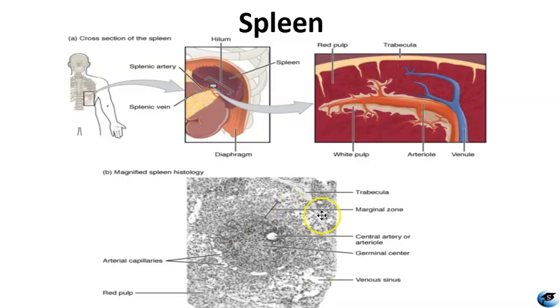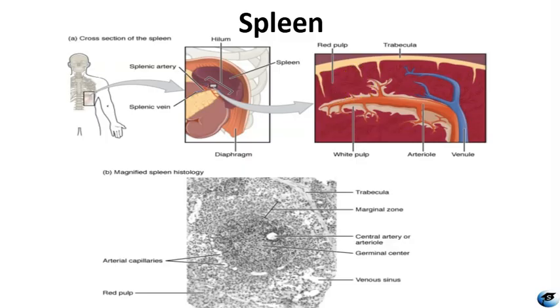Histologically, the spleen contains two major types of tissue, the white pulp and the red pulp. The white pulp shown here and the red pulp out here. The white pulp surrounds a central artery or arteriole and contains germinal centers, which are rich in lymphocytes. This region functions like a lymph node, filtering blood for pathogens and initiating immune responses. The marginal zone, which encircles the white pulp, acts as a transition area. It sequesters particulate antigens from the bloodstream and presents them to immune cells in the white pulp, kickstarting an immune